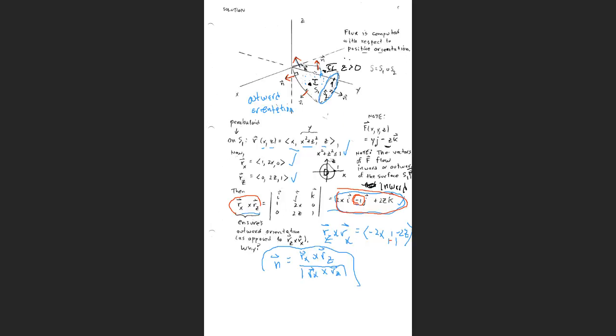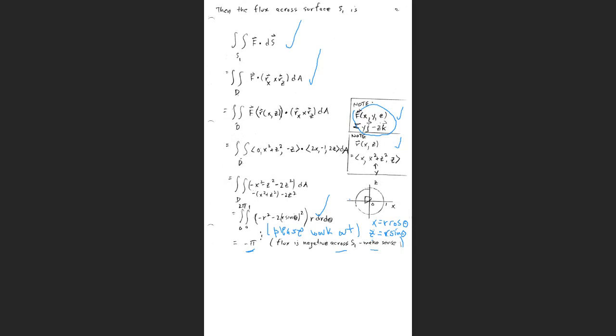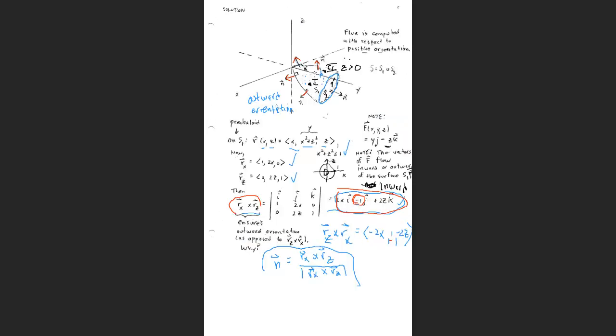So we got negative pi for the flux rate across the first surface. Now let me go back to the picture and look at the second surface, which is this disk with radius 1 located at y equals 1. The normal vectors would point directly to the right, and we already know